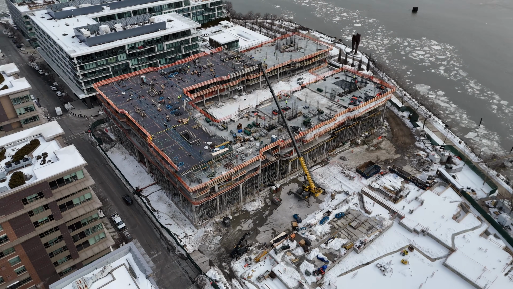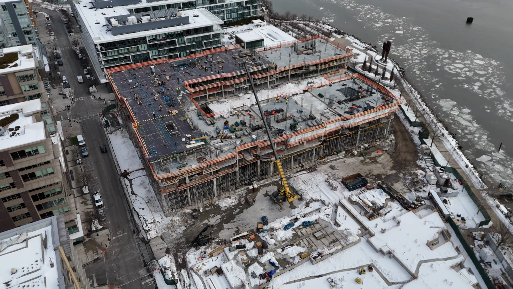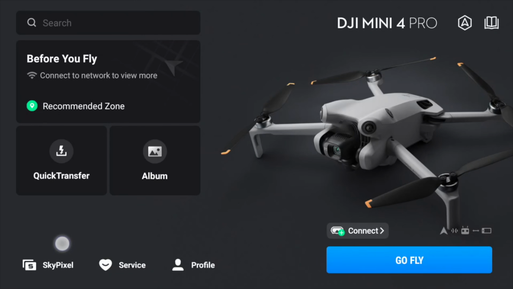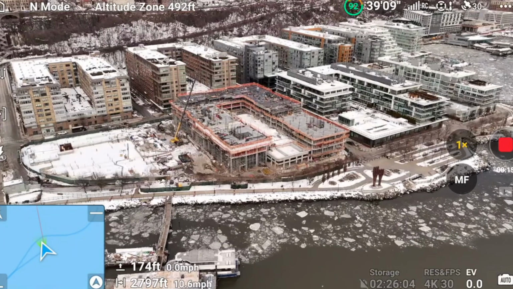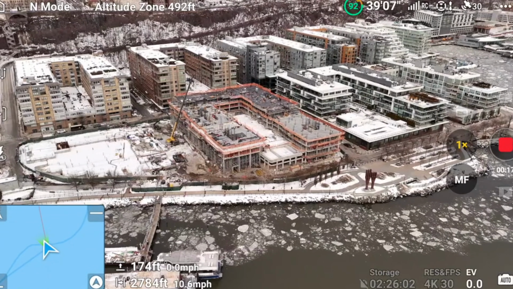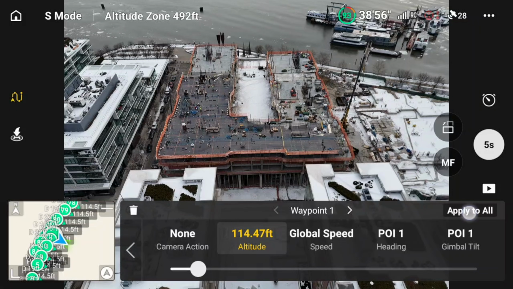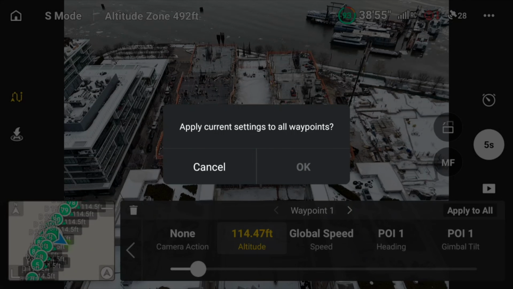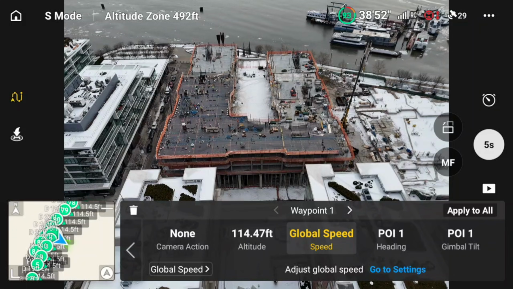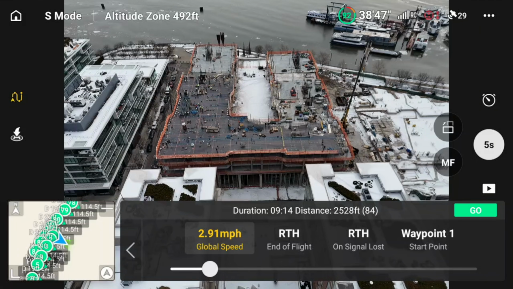In this beginner-friendly step-by-step guide, I will show you how to use the DJI Mini 4 Pro for drone construction progress monitoring. Drone construction progress monitoring is transforming the way projects are documented, tracked, and reported. With the right workflow, even a compact consumer drone can deliver consistent, high-quality visuals that rival far more expensive enterprise